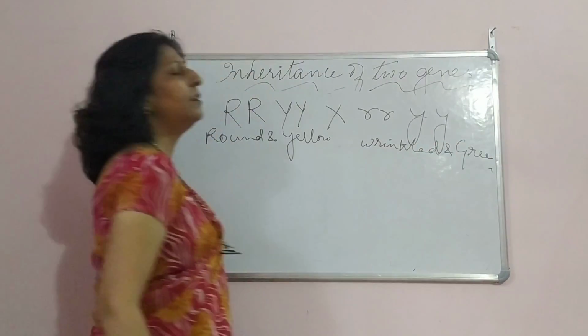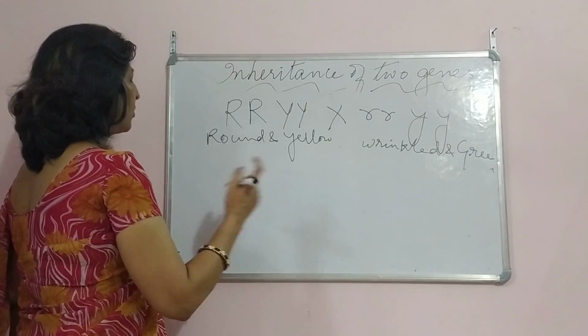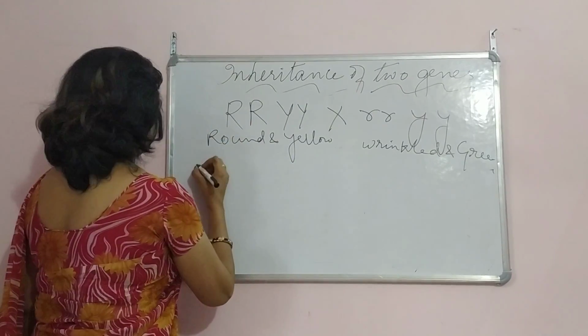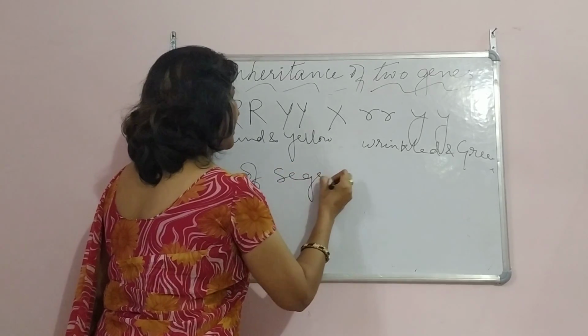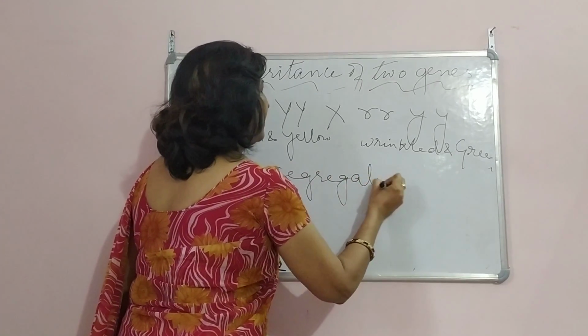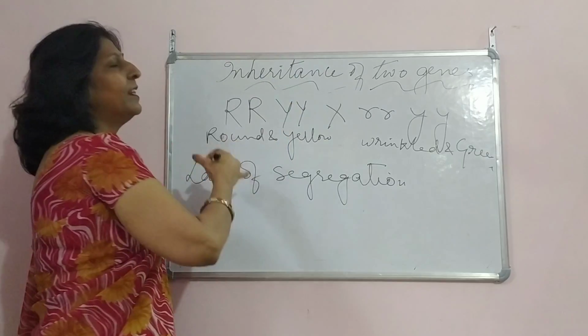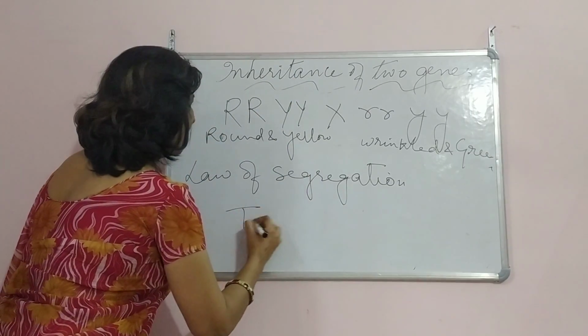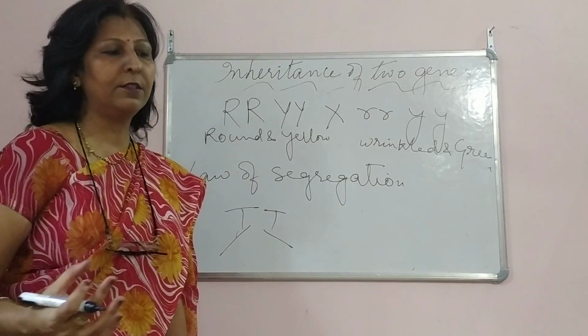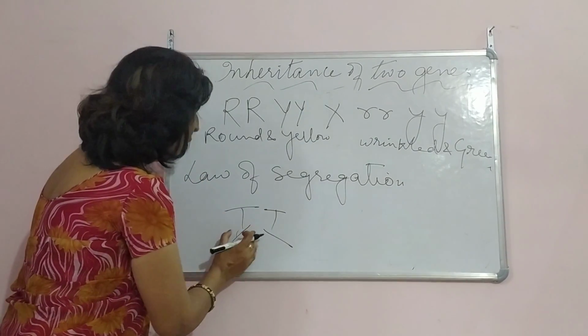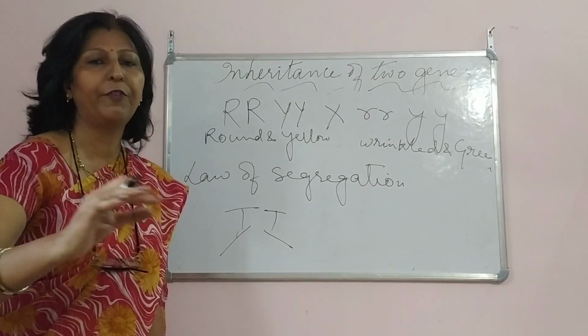Okay. Now children, in your textbook you would also come across over here. I would like to stop and tell you law of segregation. Now what is law of segregation? When we study one gene, okay, the segregation is much easier. Capital T, the segregation is easier. When you separate whatever zygotes or whatever will be formed, okay, the segregation will be 50%.